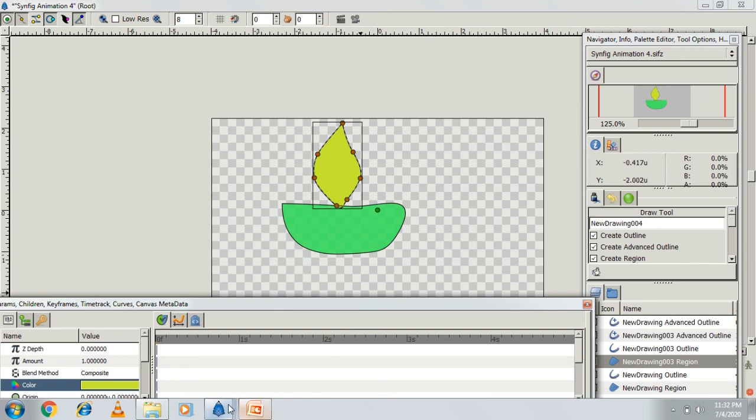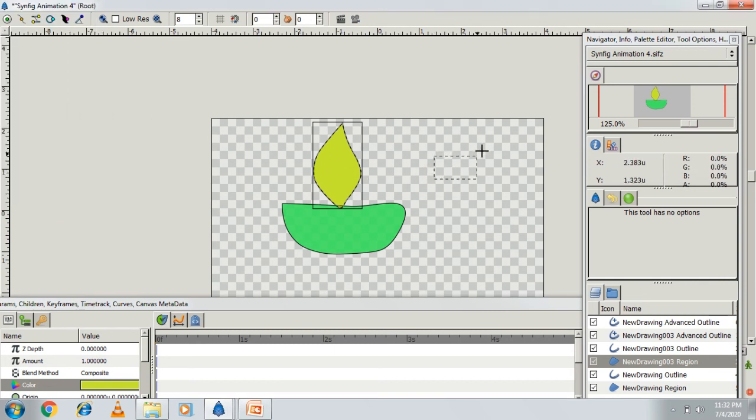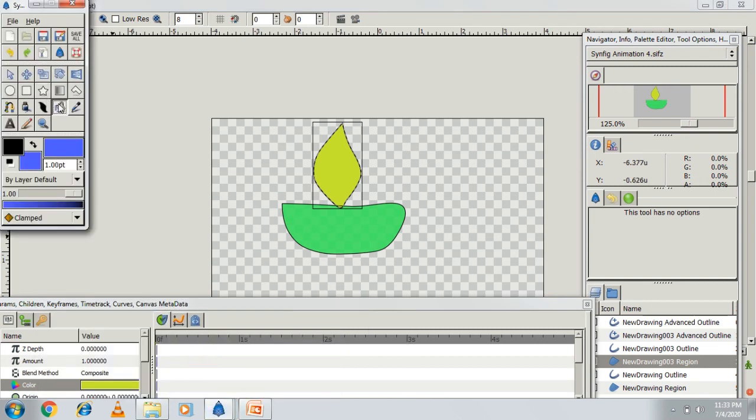Okay. Now the next tool is the fill tool. The fill tool is used to fill color. Now here suppose I am taking this portion, I am going to use the fill tool on the object.